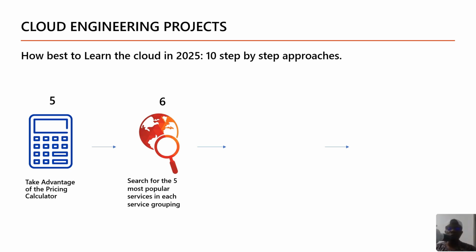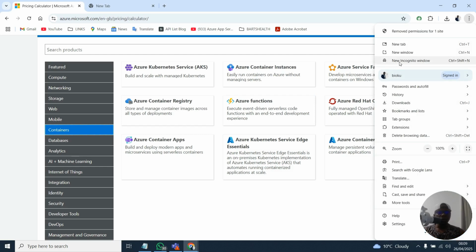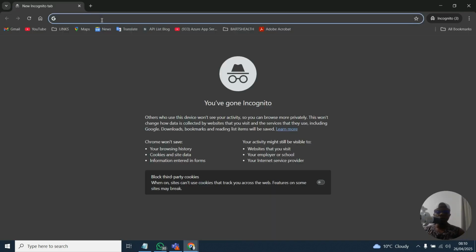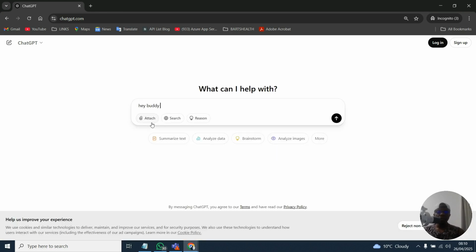So I'll quickly show you what I mean by this. If I open up ChatGPT, let me open a new incognito, then I will say, hey buddy, please give me the 5 most popular services under Azure Compute.